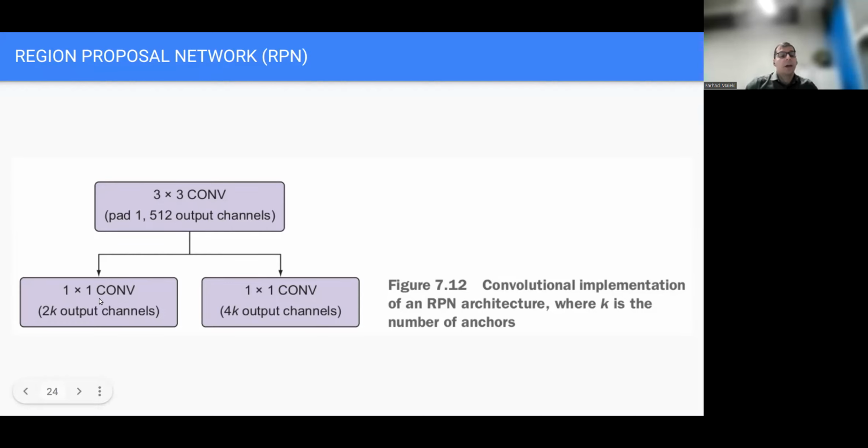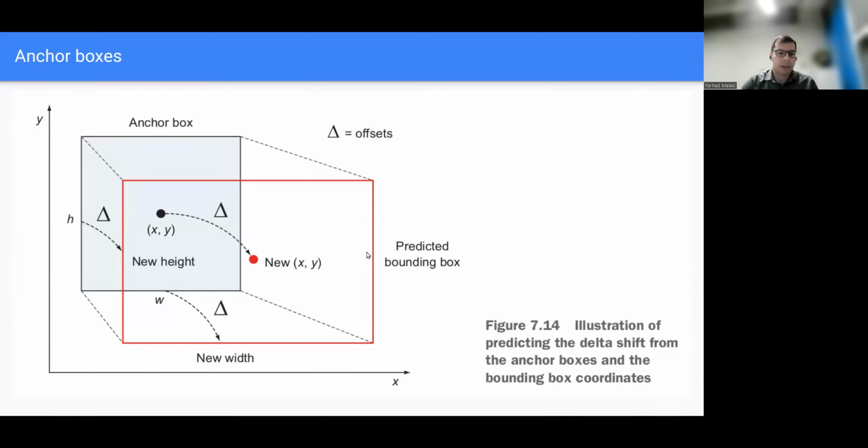One of them was a 1x1 convolution, meaning the kernel size is 1, and they created 2K output channels from that. From the other branch, they created a 1x1 convolution with 4K output channels. That way, you see that the network was developed simply based on ConvNet, a convolutional operator.